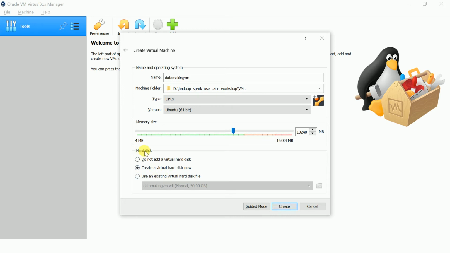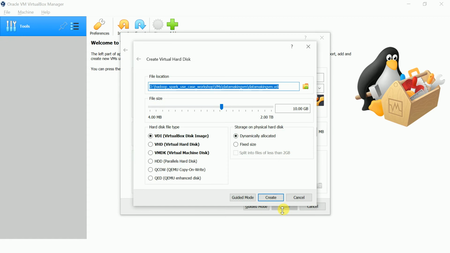In the hard disk section, leave the option to create a virtual hard disk now. If it is already chosen, just leave it; if not, click on this second option, which is create a virtual hard disk now. Once you click Create, it will ask for the file size, basically how much space you want to allocate.